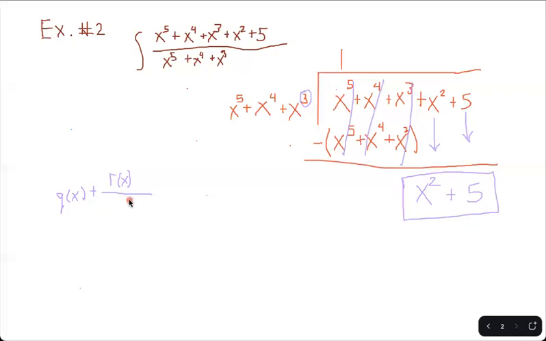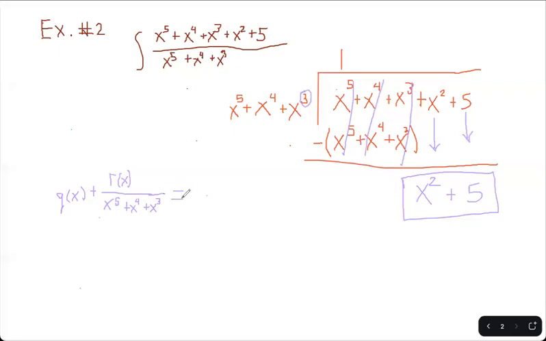In our case, our denominator is going to be x to the fifth plus x to the fourth plus x cubed. Okay,